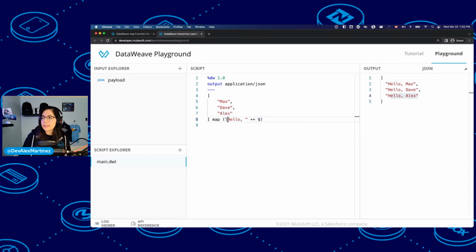We are adding hello, comma, space in a string. And then using the plus plus function, we add the first parameter. If you were to add the second parameter, then it would be hello 0, hello 1, and hello 2, if you wanted to speak in robot or something like that. Just kidding. So that's how you can do that. This is a straightforward example because this is an array of strings, and we are just adding another string into that first string. So our type will end up being an array of strings either way.